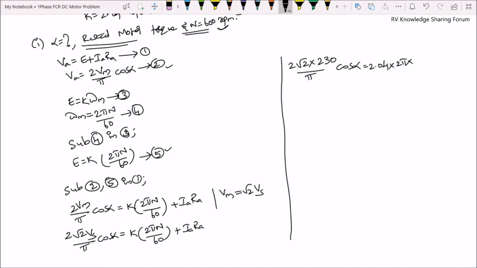See here in the condition 1, the n is given as 600 rpm divided by 60, plus current is here rated motor torque. So you can take the rated armature current 60 amps into Ra is 0.1 ohms, which we can find from our given data. Okay, so if you solve this, you will get